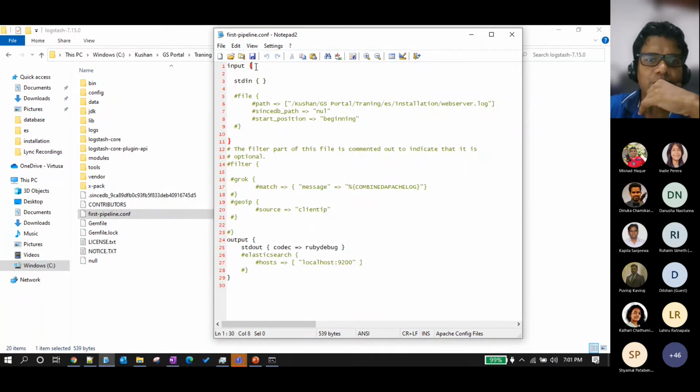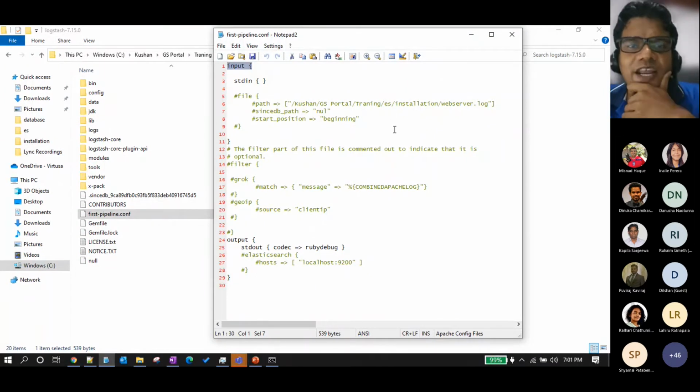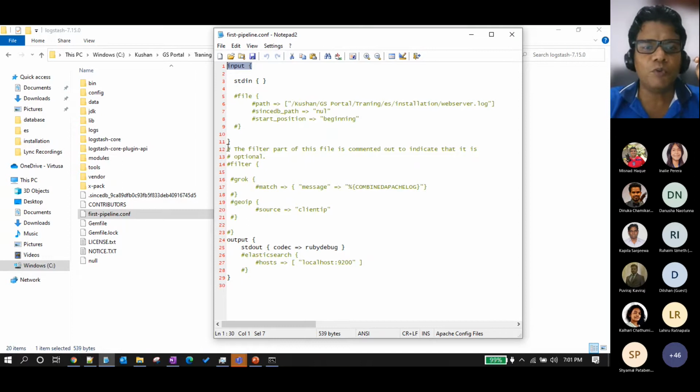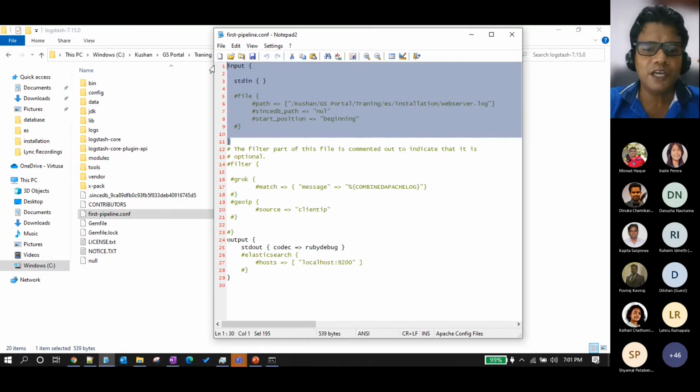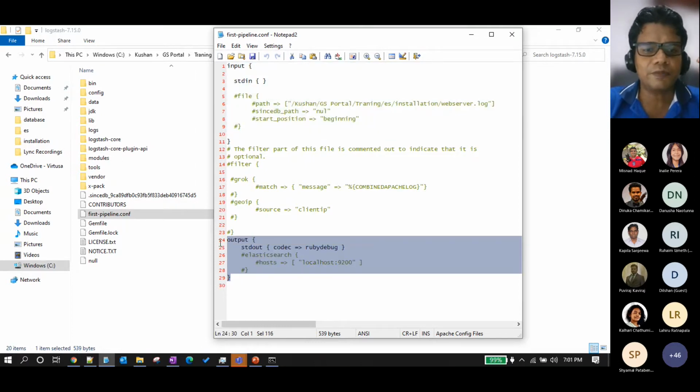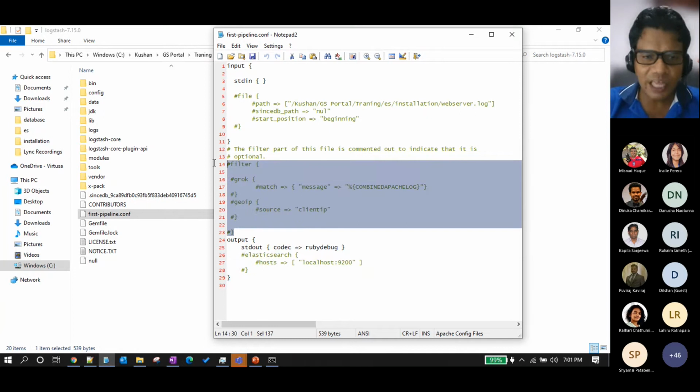So basically a Logstash configuration file should have 3 areas. Mandatory are input and output. You should have the input type, you should have the output type. The filter is not mandatory, but in production clusters we have to use it.